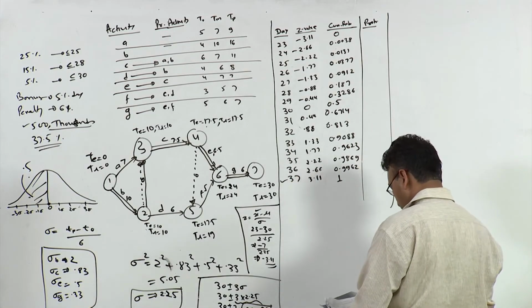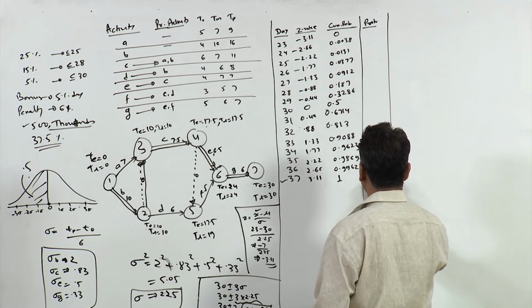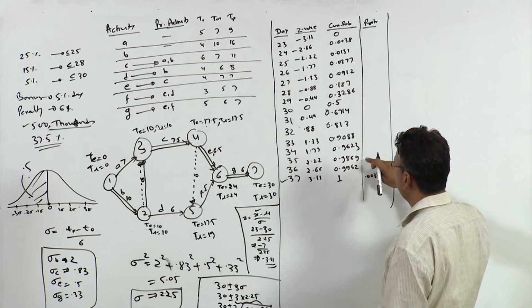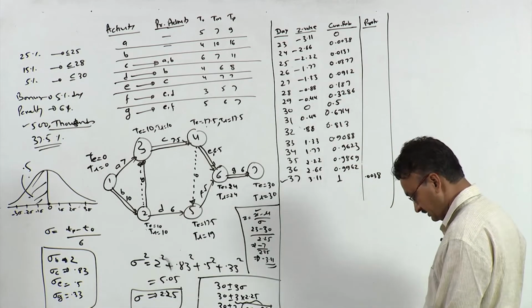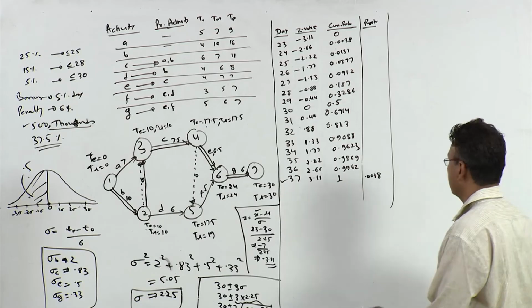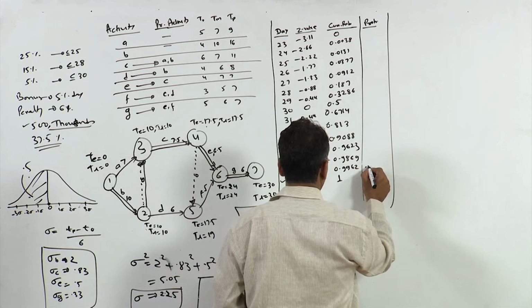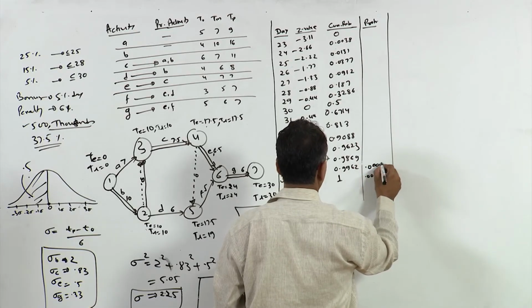So this would be 0.0038, right, this minus this, similarly this minus this, and you just keep on calculating the probabilities, right. So this is 0.0093,